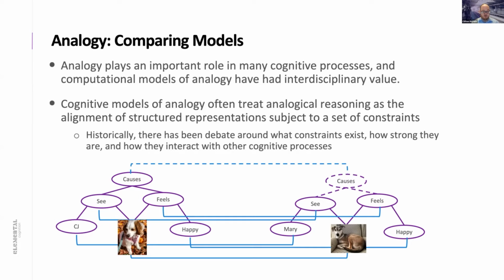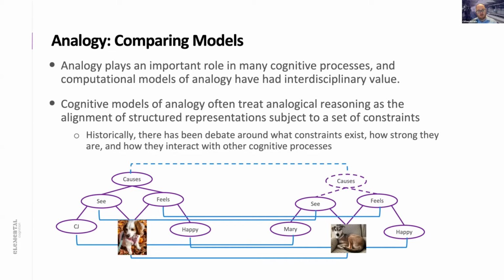Jackie O is a greyhound mix, has very different ears, for example, different coloring. We can align them based on their participation in higher order structure, namely that they're both happy to see their owner. With analogy, one of the most useful parts is that you can apply structure across analogies. So if I did not know why Jackie O was happy, I might be able to guess that it is seeing her owner that is making her so.